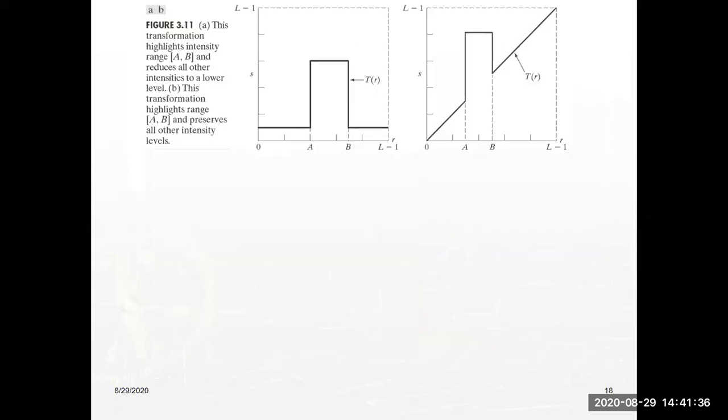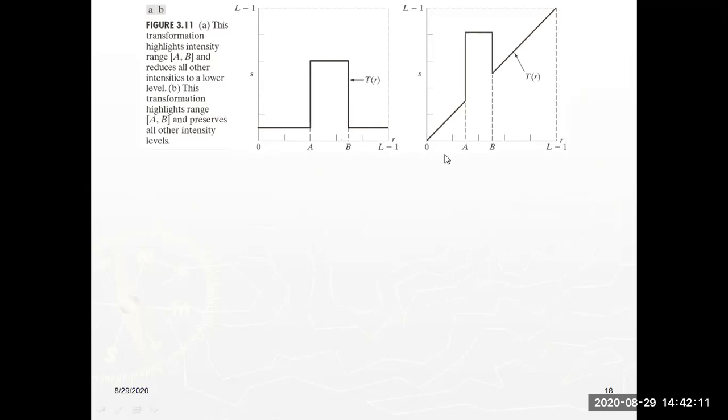Like this. This is another transformation, of course, same as your transformation techniques, but here different. What is happening here? If you observe, on the input side it is R and the output side is also S. But the transformation is different. From 0 to A, there is no change from input to output, and from A to B there is a change, and from B to the last one, there is no change.